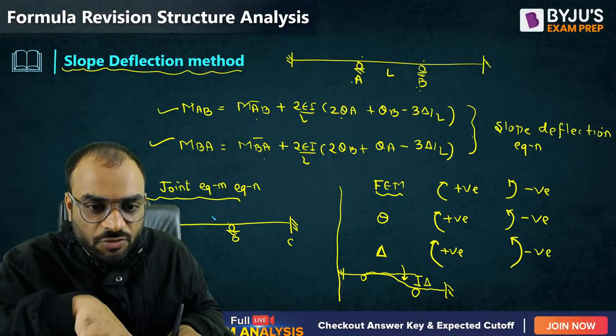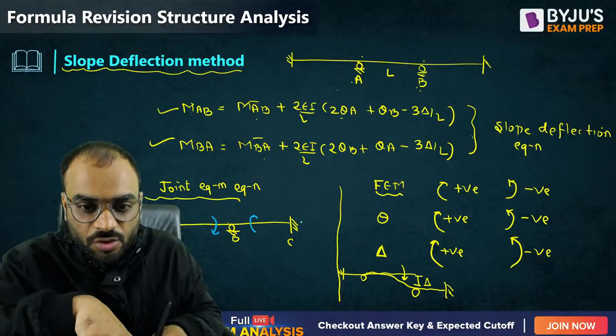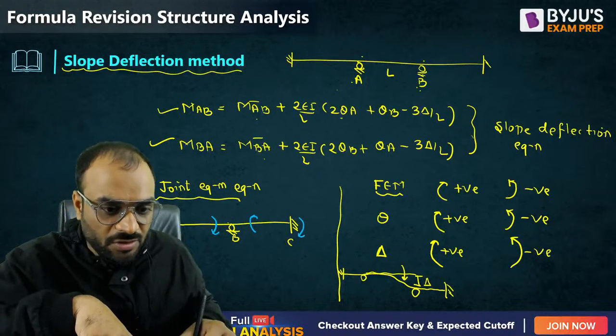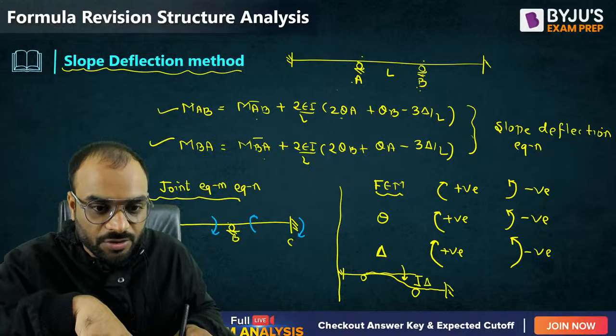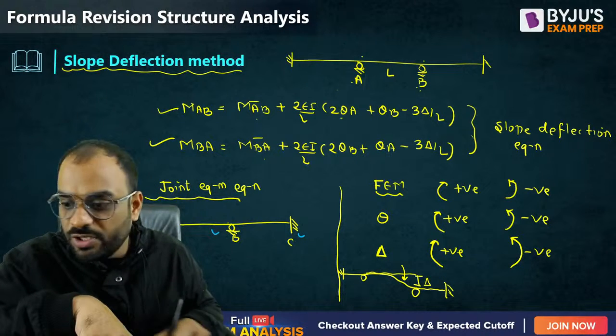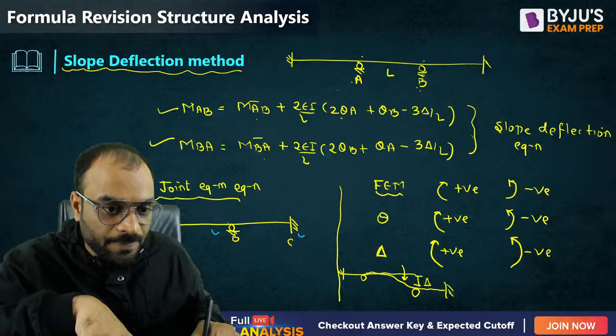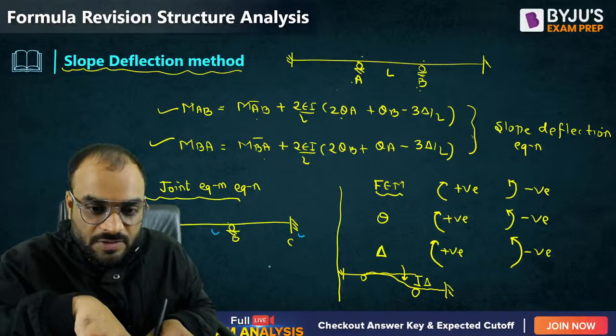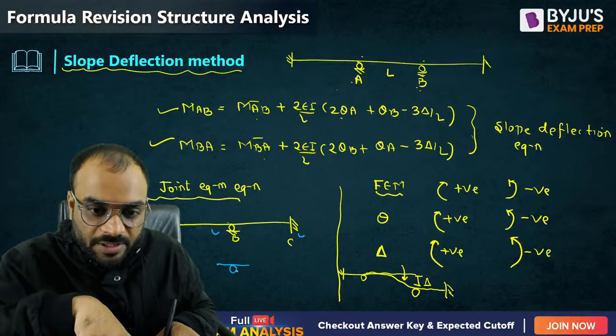For member clockwise, for member clockwise. और let me break the structure first. मैं पहले एक काम करता हूँ, स्ट्रक्चर को ब्रेक कर देता हूँ ताकि आपको ये देखने को मिल जाए, ठीक है। चलिए देखिए, स्ट्रक्चर को ब्रेक करते हैं। जॉइंट बी पर मैंने ब्रेक कर दिया।